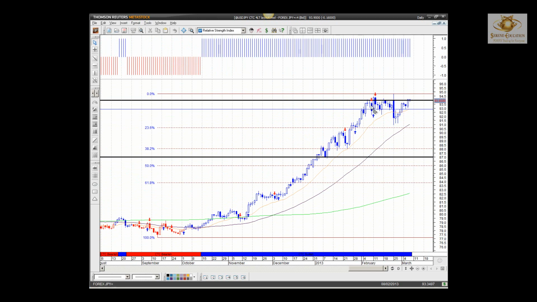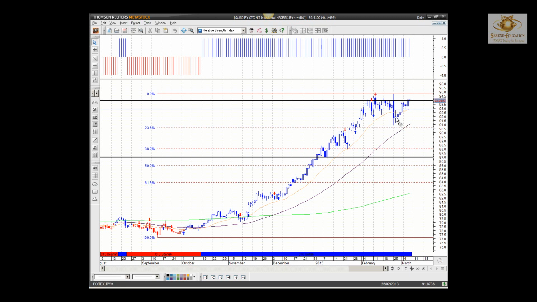In February in particular, a lot of indecision, a lot of attempts at 94, but no clear break, and then we had a bearish engulfing candle which really took away all the sentiment. However, not breaking lower than that 23.6, which is a fib retracement from the all-time low in September on our daily to the current high at 94. It was imperative that price actually closed lower than 23.6 to show us that this was really a negative sentiment candle. It failed to do so, and what happened?